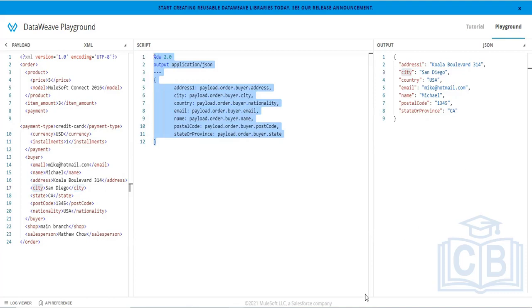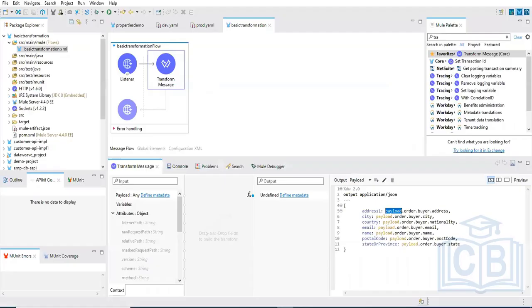But the address, one, city, country, email, those are just labels. These are labels, output fields. These are the fields we want in the output, right? We're interested in these fields. Therefore, how are we fetching the value for these fields? These are from the input. Right? So now the transform message payload,